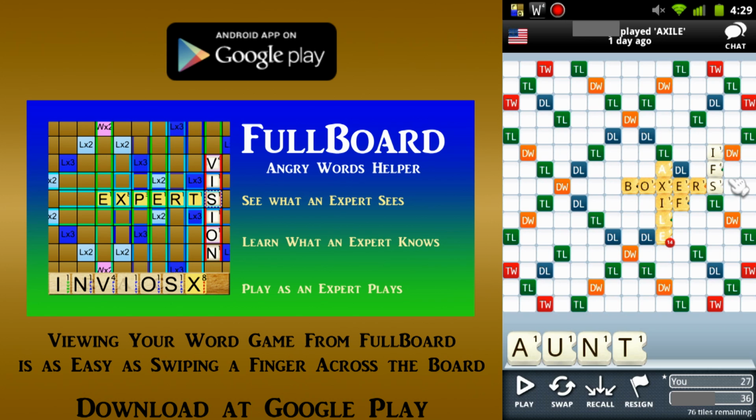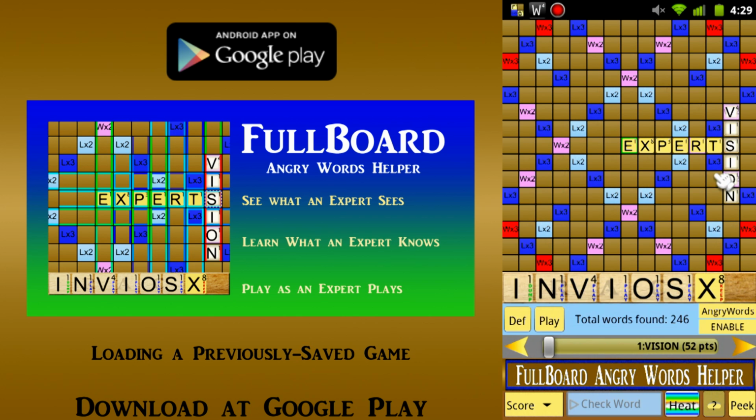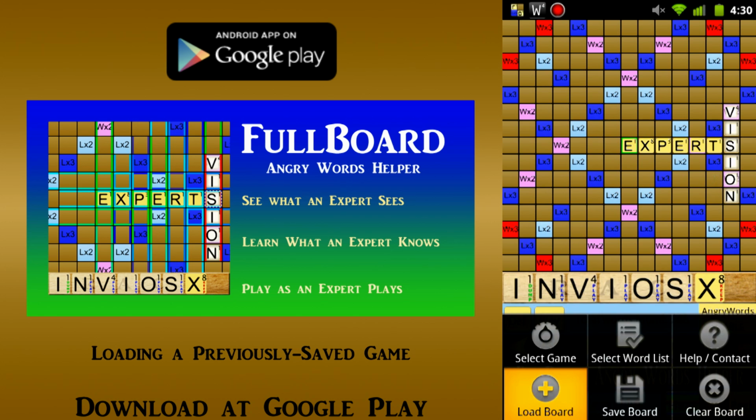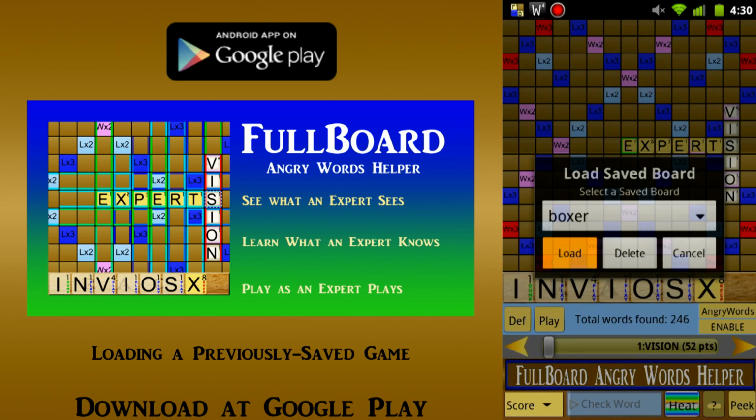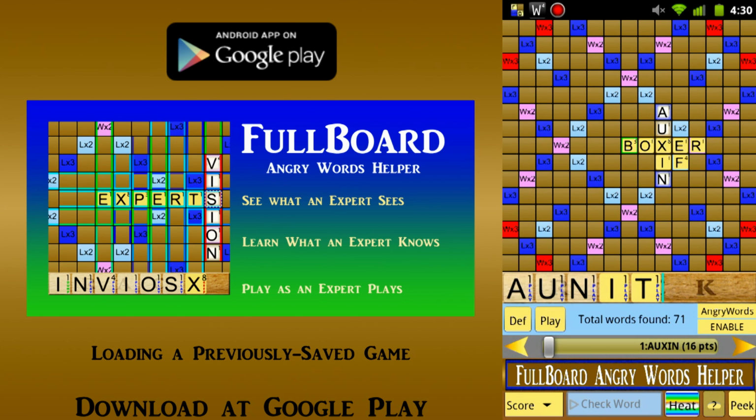I'm committed to playing that word now, but first I want to explore the word space of the current board and rack in FullBoard to see what I might have done better. Since I always save my games in progress under the first word played, I'll note that the central first word of this game is boxer, then lift my finger from the screen, select Load Board from the menu, select Boxer from the list of saved games, and there you see reloaded the game as I saved it immediately